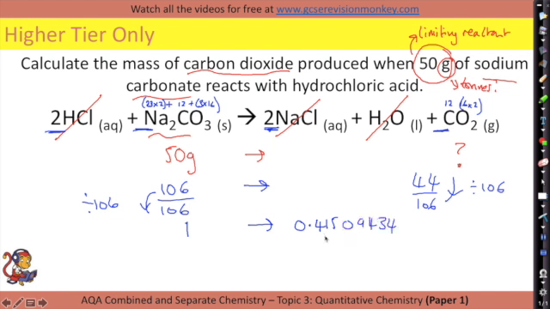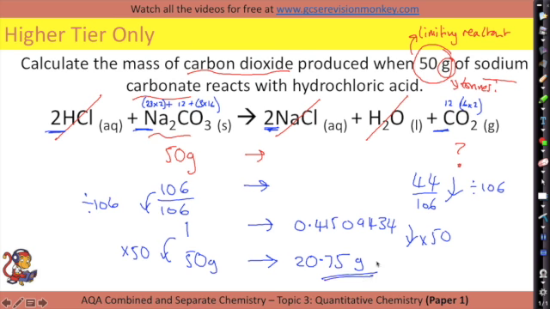0.41509434. But we don't want to know what 1 gram will produce. We want to know what 50 grams would produce. So to get from 1 to 50, we would multiply by 50. And therefore we will get to the answer that 50 grams would produce 20.754717. So I'm just going to put 20.75. In the exam they'll tell you what decimal place or significant figures to put it to, but grams of carbon